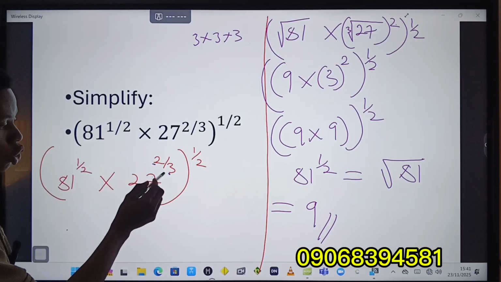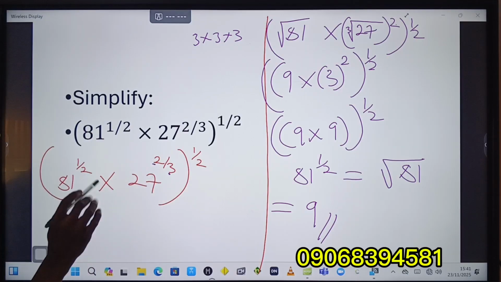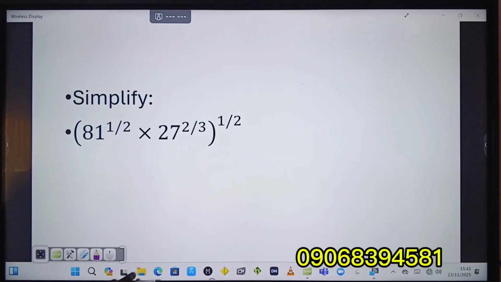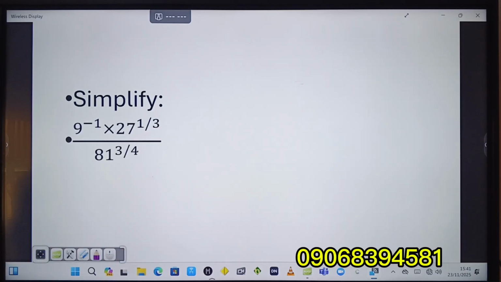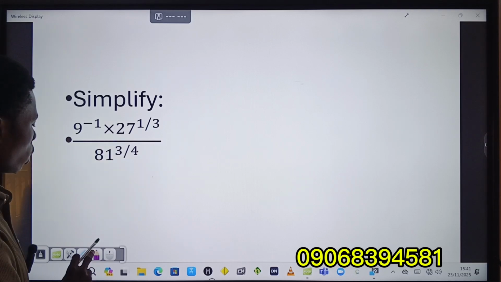This one that is down here, the denominator, becomes the root. All right. That noted, let's move on. The next question is similar to the one we just finished. And the next question says,